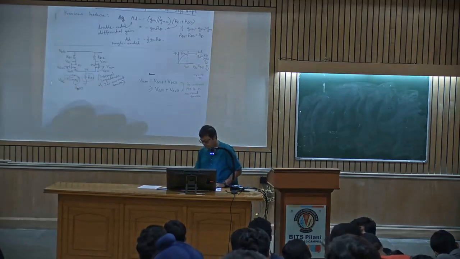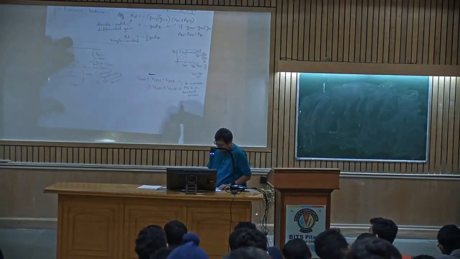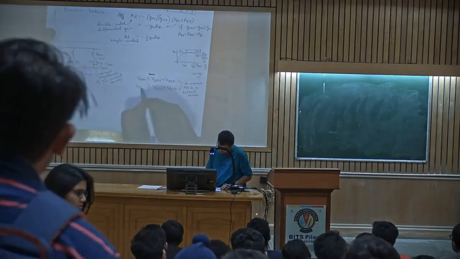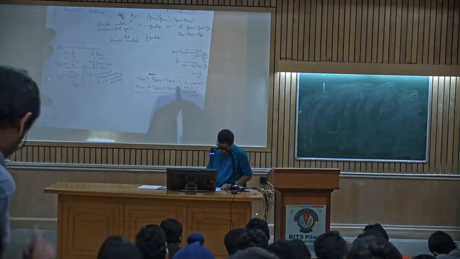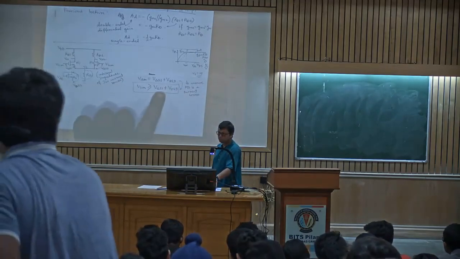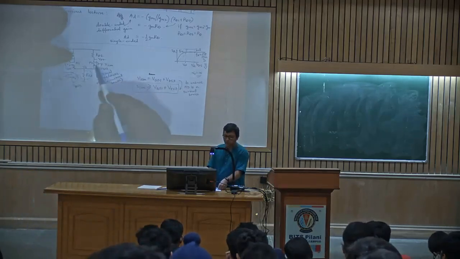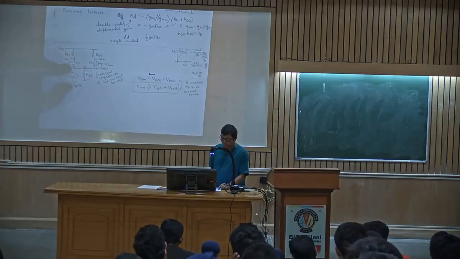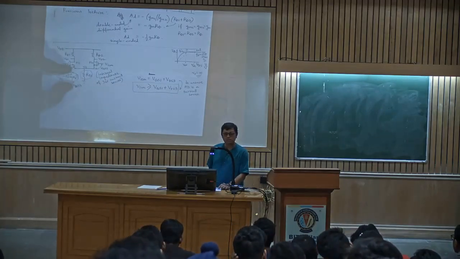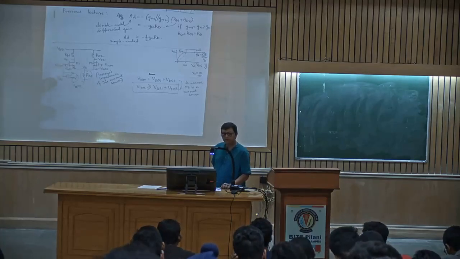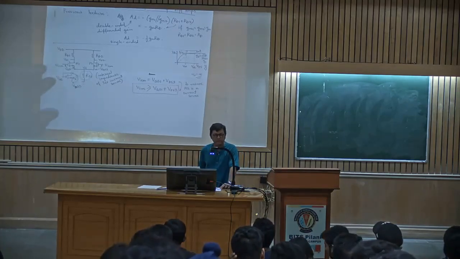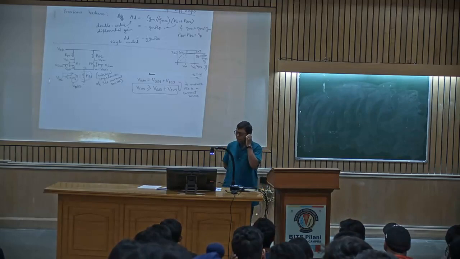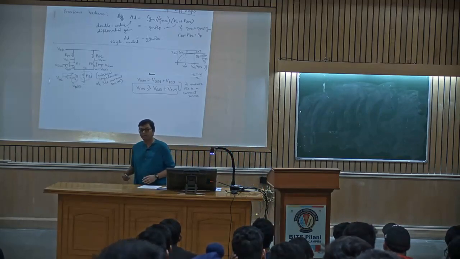Correct? Now, so what have we got? VICM has to be greater than VGS1. That means the gate to source voltage of the M1 or M2 plus the VOV, the overdrive voltage for the current source transistor. Why is that important? Because after we are done with diff amps, we will straight away move into op amps. So for the next 1 or 1.5 weeks before the mid-sem, we will be dealing with designing an op amp.